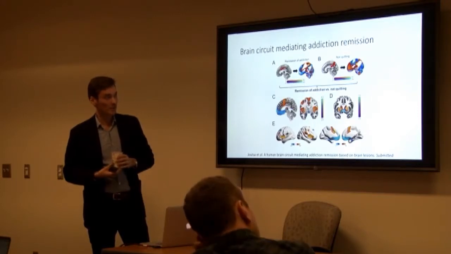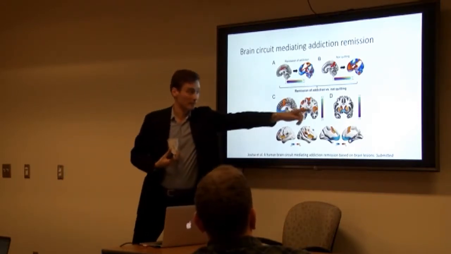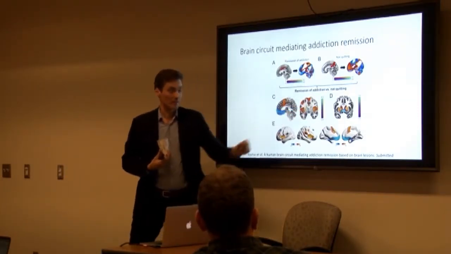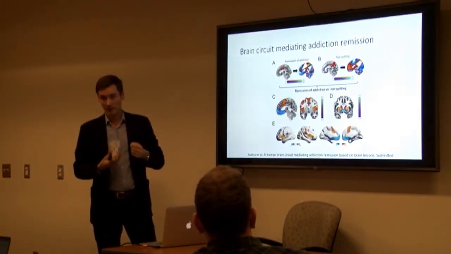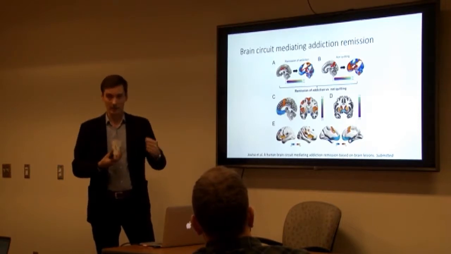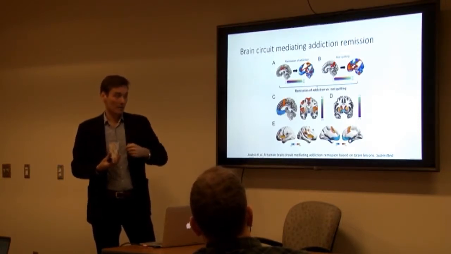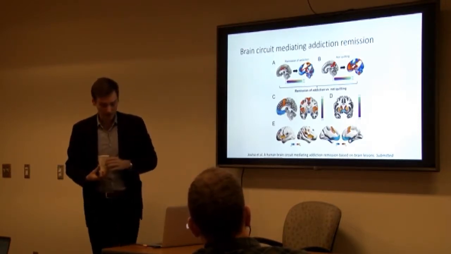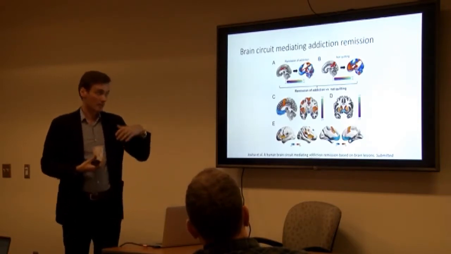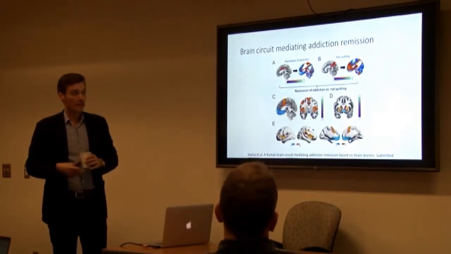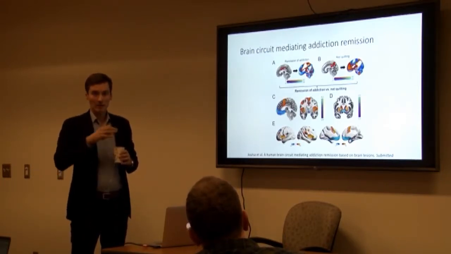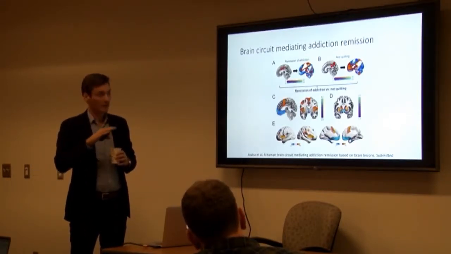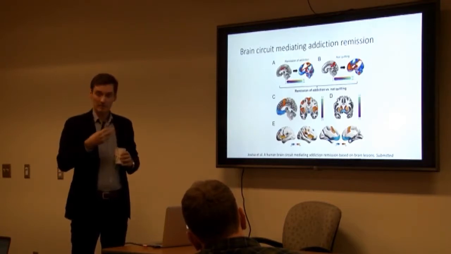What was particularly interesting was the connectivity in the striatum. So the striatal findings do not survive correction for multiple comparisons, but there's a striking dissociation between ventral and dorsal striatum. So I think that what these findings indicate, for example, for the striatum, is that these lesions that are positively connected to the dorsal striatum reduce its activity, but